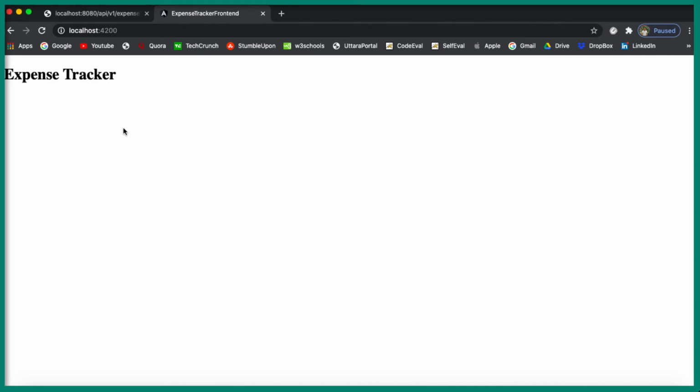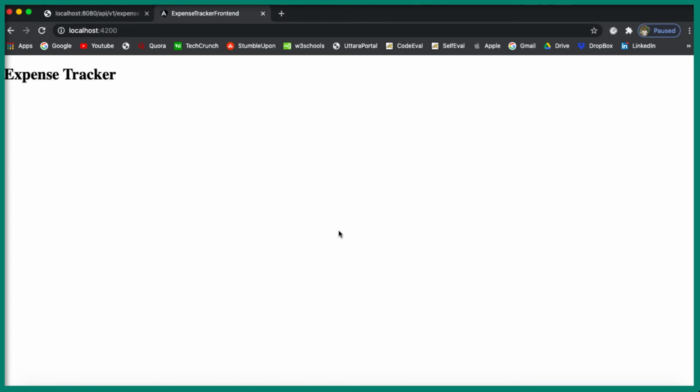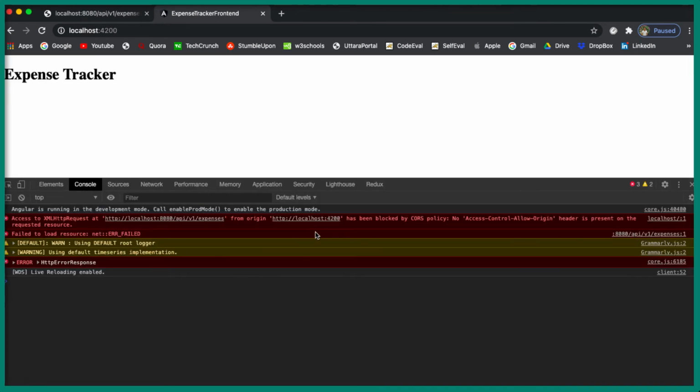Okay, we are getting some error. Let's open up the console. This might be a CORS error. Okay, yes, this is a CORS policy error. This is the most common error that you will get when you are working with these kinds of projects. If you are making a REST endpoint or making an HTTP request from any other application, then the backend application tries to block that, because we are making a request from outside of that application.